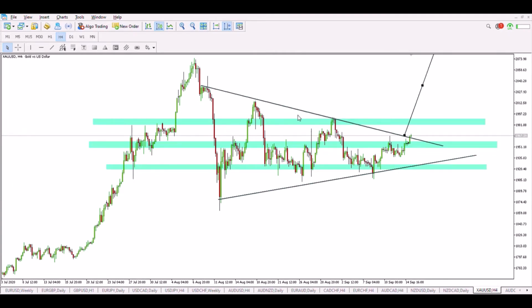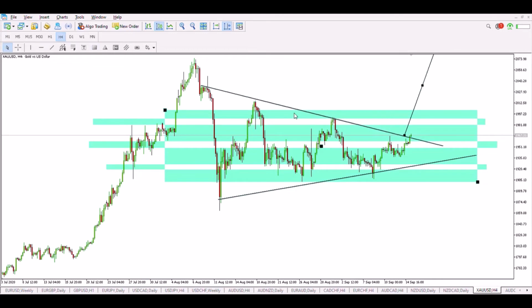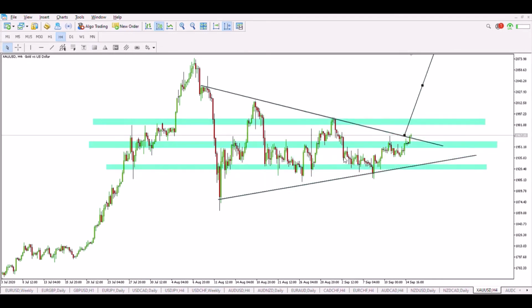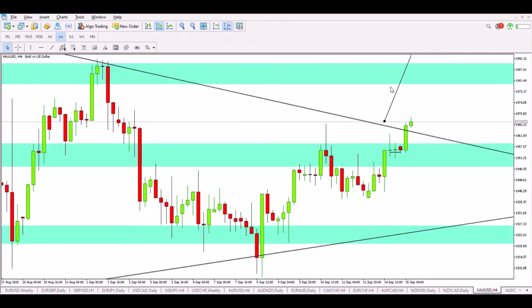So what do we have here? The price went strongly up to the top and then it sold off and started creating these waves up and down, the consolidation right here in a triangle pattern. We have one wave, second wave, third wave, fourth wave, fifth wave, and after this it's time for the sixth wave, which leads us out of the triangle. So this is what I personally expect from this